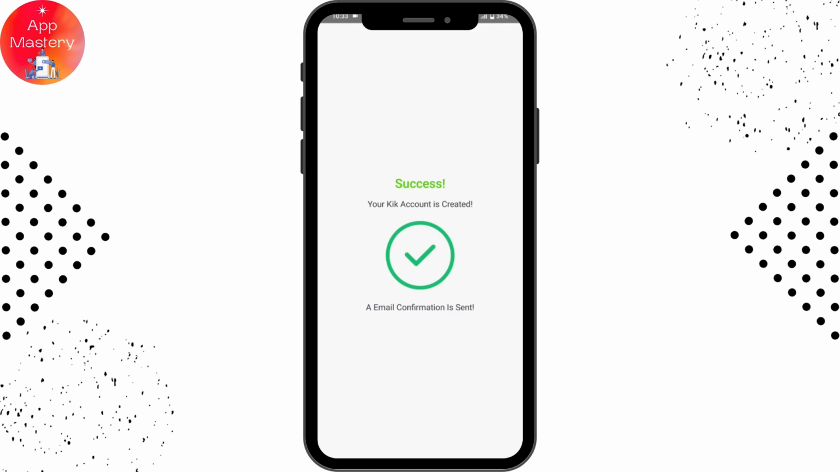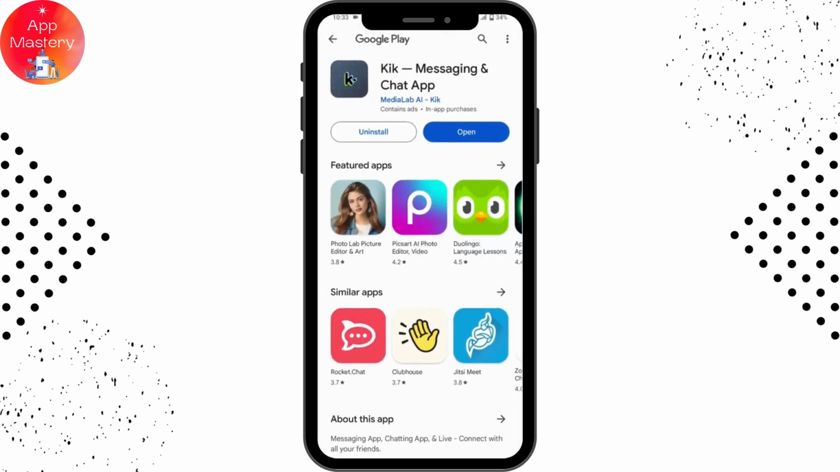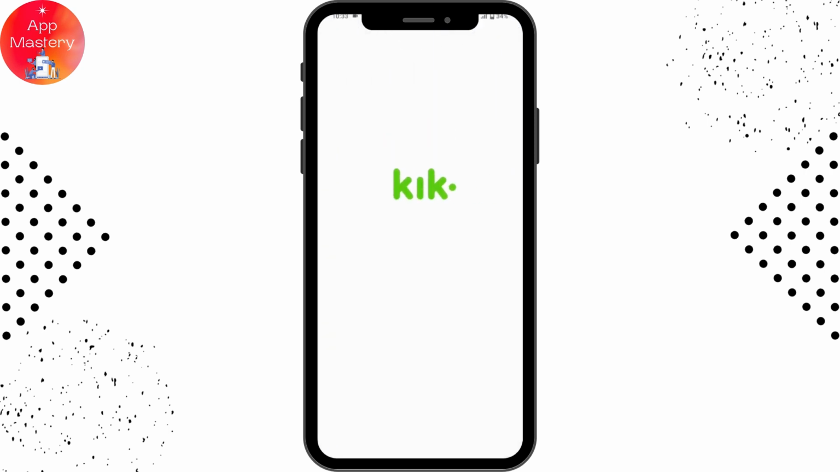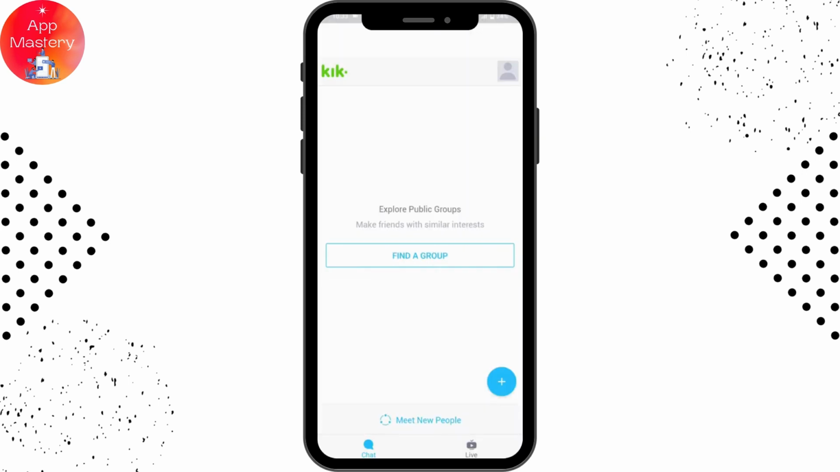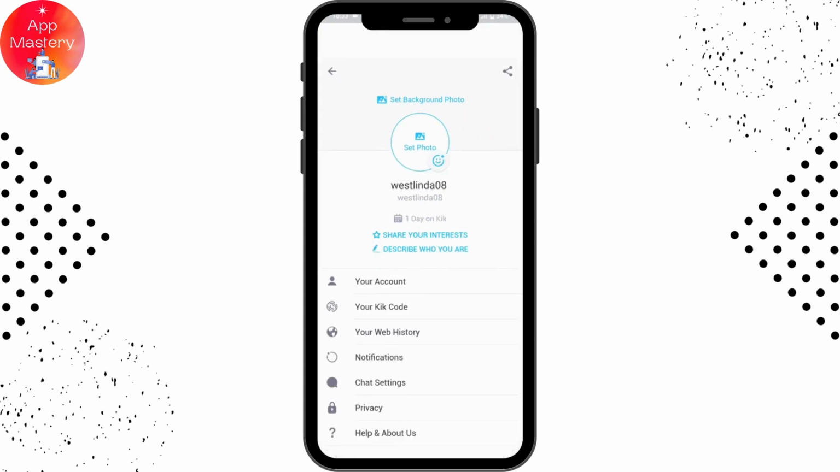And once you've confirmed that email, now you can go back and you can again tap on open, and now tap on allow, and that's it. It will automatically log you into your account once you confirm your email. And that's it. That's how you create your